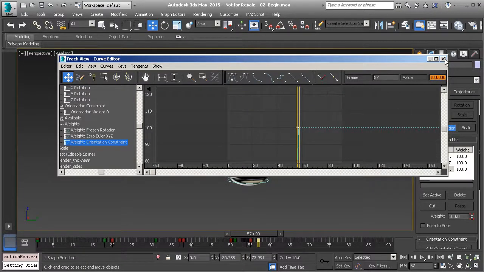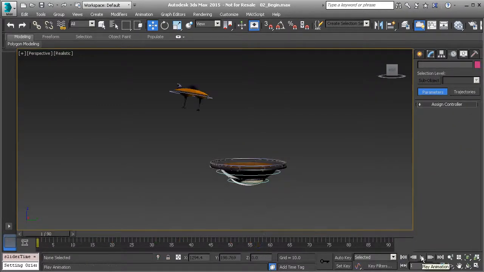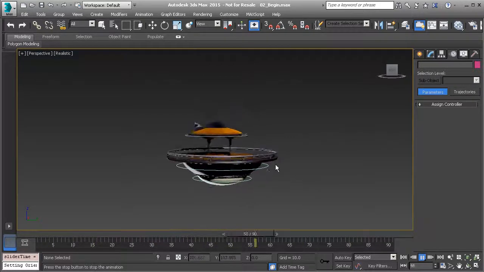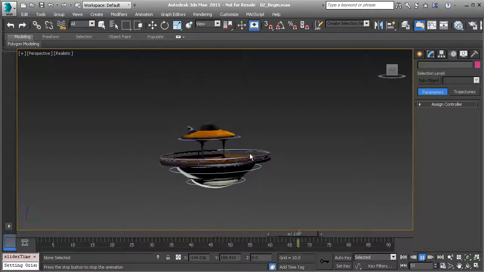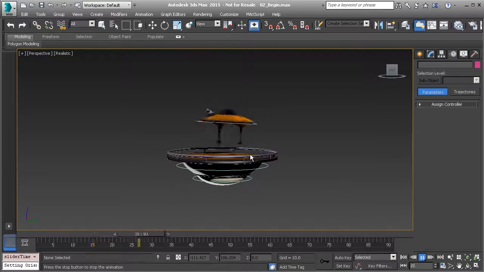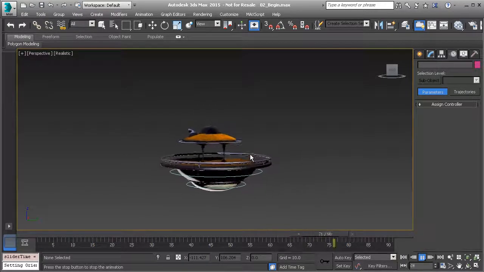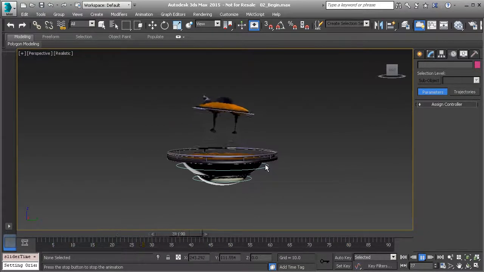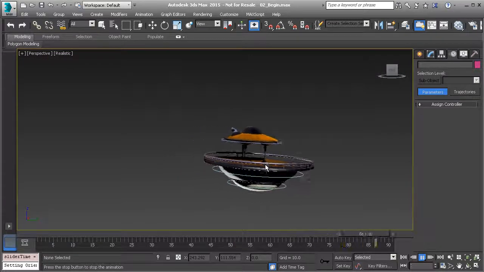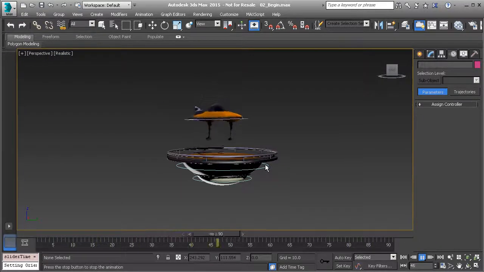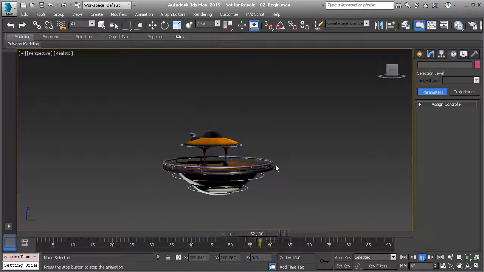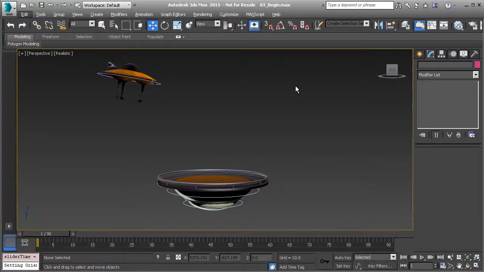And now we'll play back the animation. So there you have it. Now the UFO lands, and then it starts to be controlled by the platform at the right moment. How awesome. So in this lesson, we learned about constraints. We learned what they do. We also learned how to animate with constraints. Also, that we can attach objects at the right moment and fulfill the needs of our scene to add more